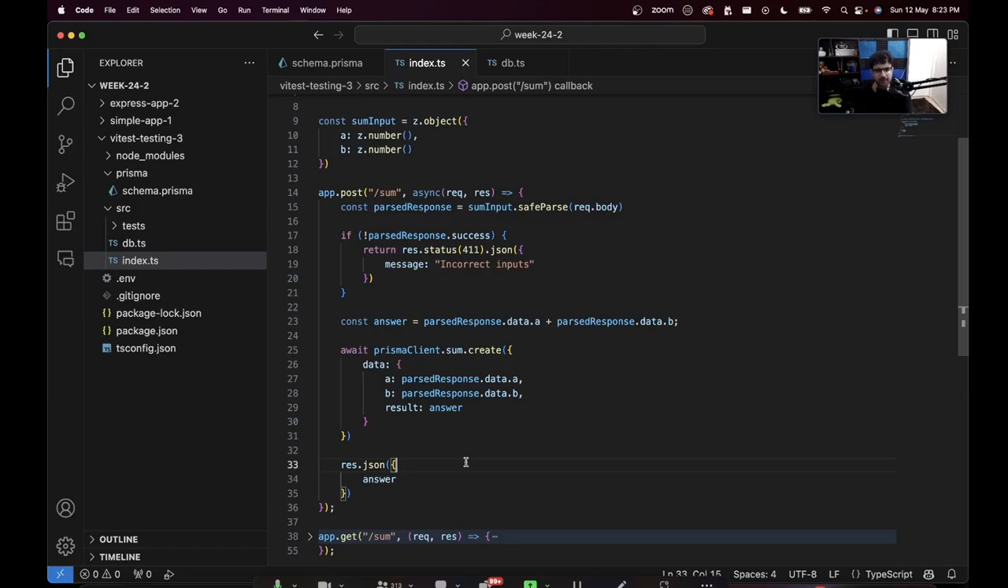We have not connected the database. We don't have a database, which is why it will not work. But if I do bring a database and start the application, it should just work. How do we create the test for this? If I go to